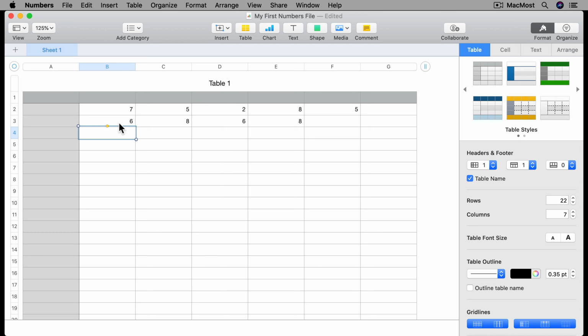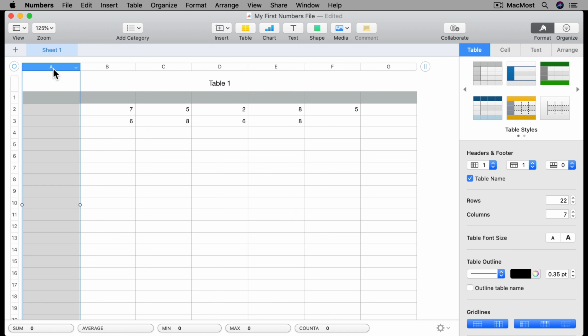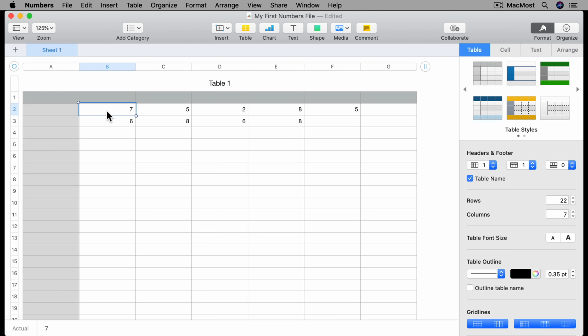There are two types of rows and columns, normal ones and header ones. So you can see here clearly the gray row at the top is called a header row, and the gray column to the left here is column A, which is a header column. Typically you put data in normal cells and you put headings here. So you put a title for each column